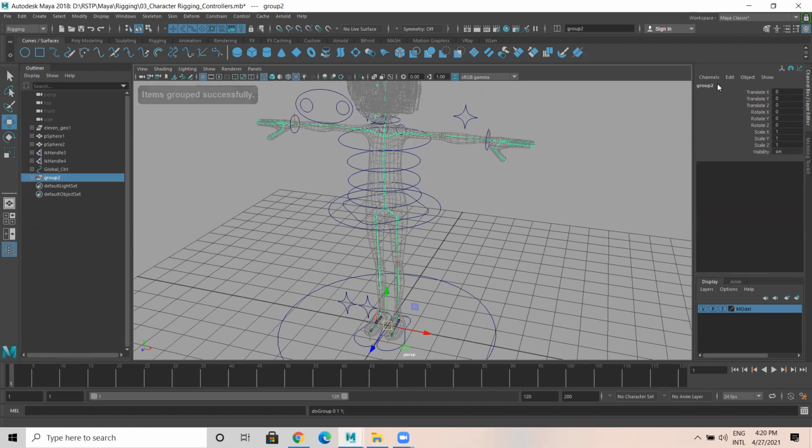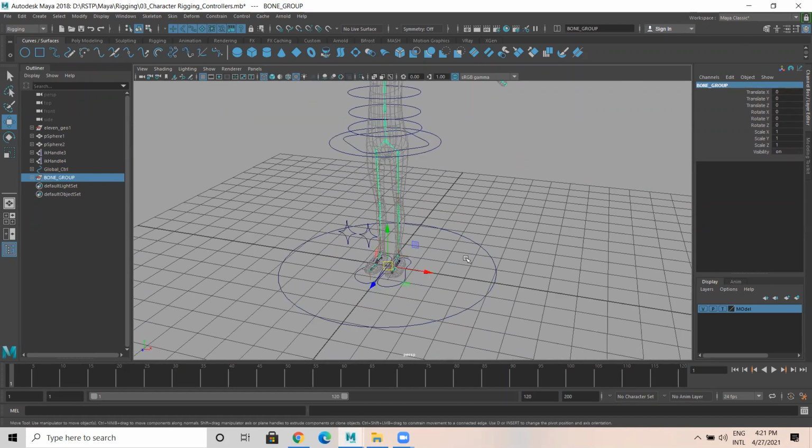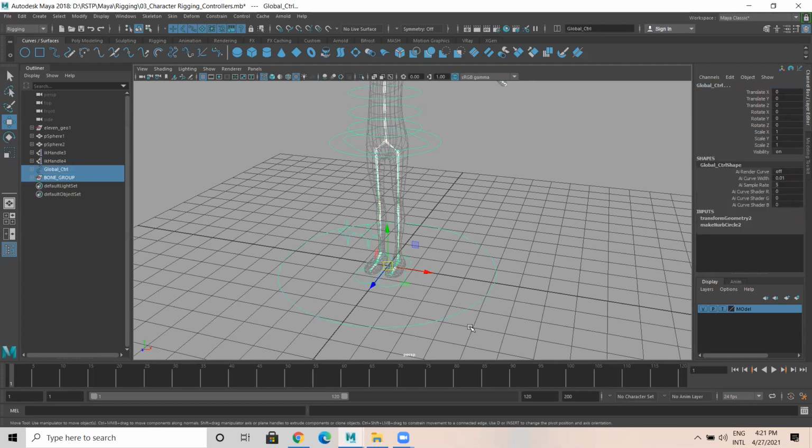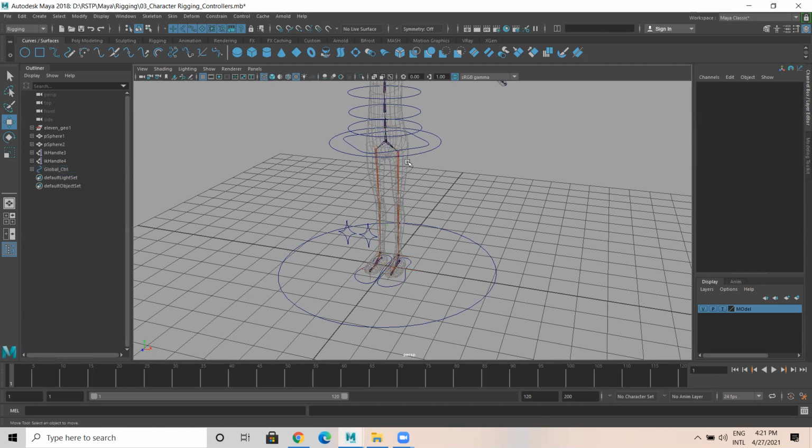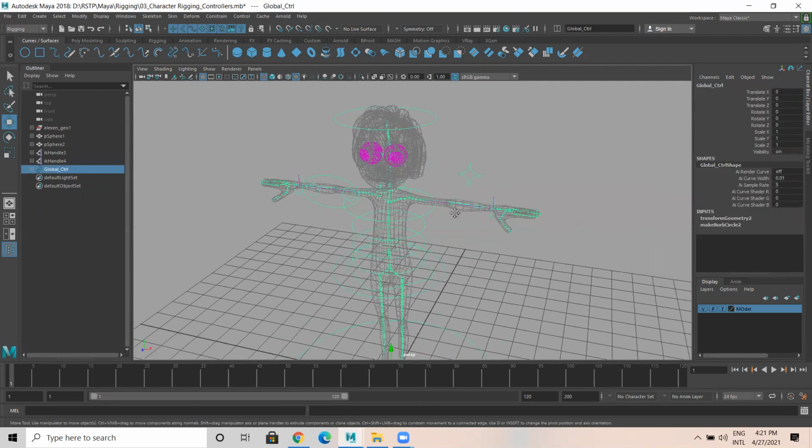Select the cog joint, Control G group, click on the group, and name this as bone group. Now this bone group should be the child of the cog controller. Select the cog controller, P.